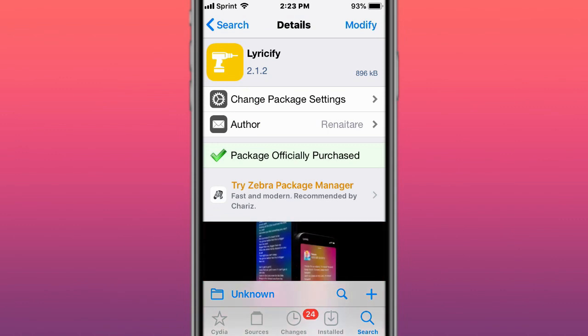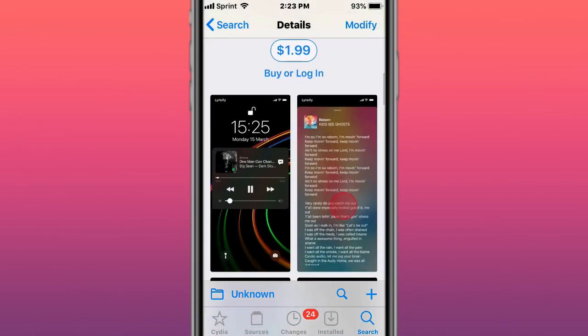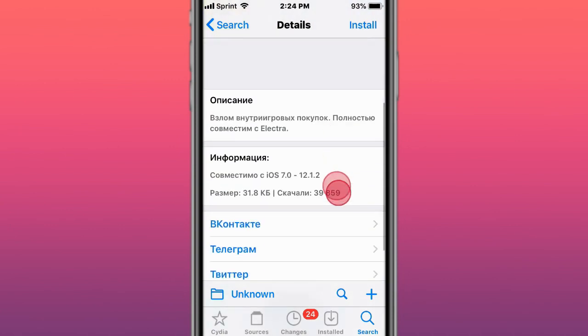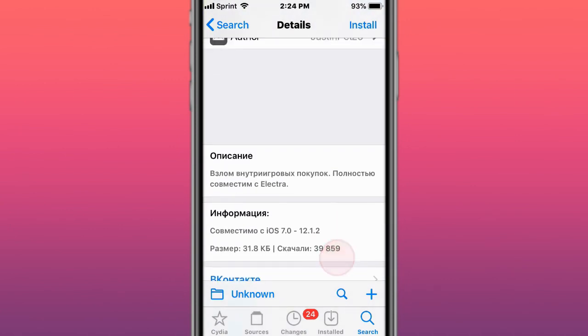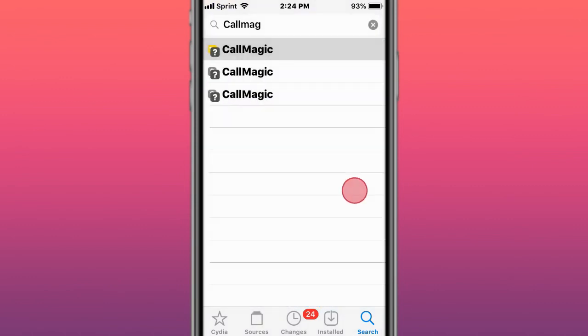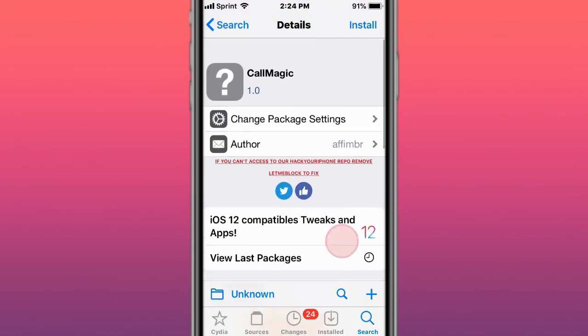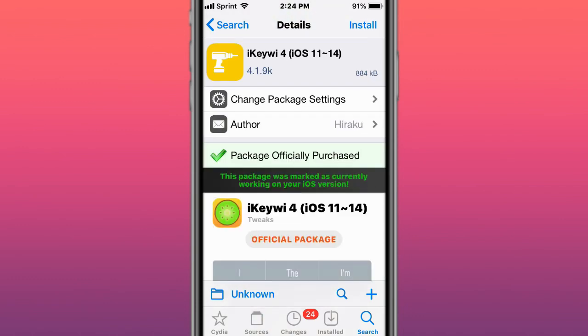This is called Lyricify, the ultimate lyrics tweak for iOS. This is called IP26, supports iOS 7 to 12.1.2. A low IP still alternative. This is called Call Magic. This is called Call Magic, advanced call features. This is called iKey WI,